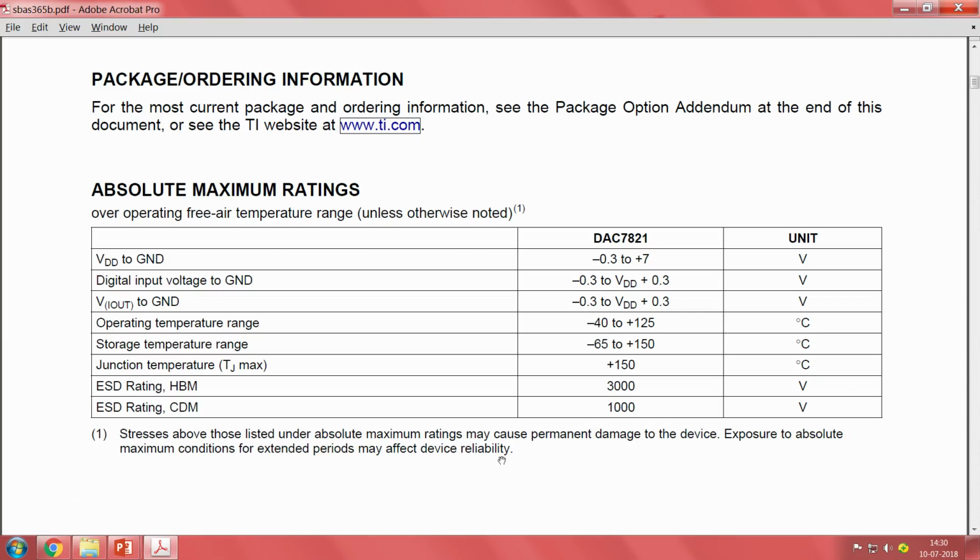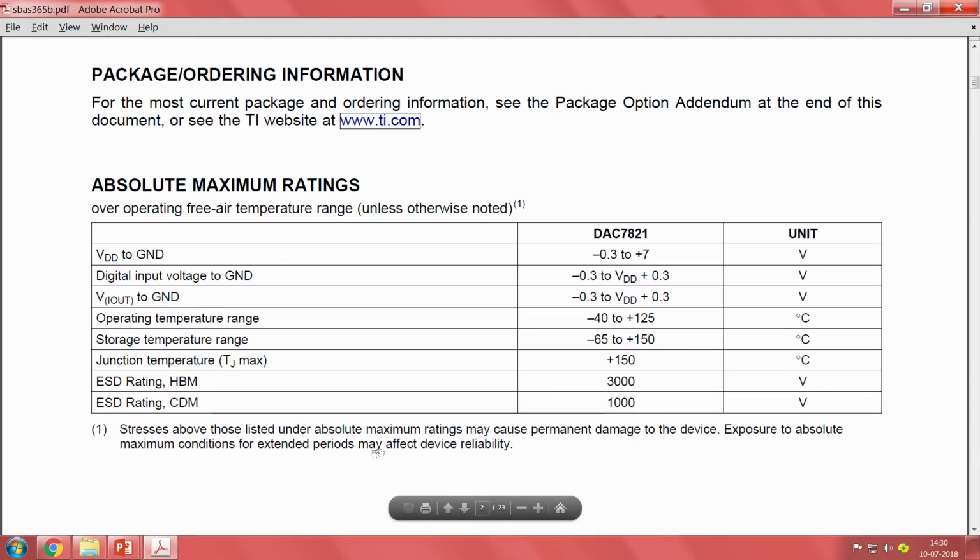So, what they are telling is that if you go beyond these values, anyway we do not guarantee proper working, and they are even saying that it might get damaged. Also, if you keep working at these almost-limits, though it is told that it works at this limit, if you keep working at these high limits, your performance will get degraded or it might even damage the device over time.